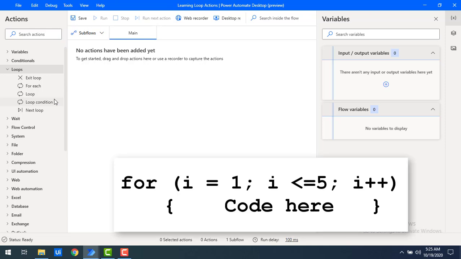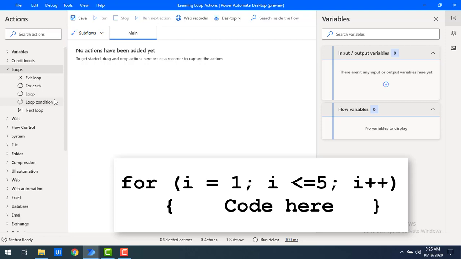If you see over here, I have some code which you may understand, but I'm just relating both of the things. Over here, if you see, for I equal to 1, I is less than or equal to 5, I plus plus. What does this mean? I'm going to initialize the value of I with 1, and then every time I'm going to check the condition I is less than or equal to 5. So for the first time I equal to 1, so 1 is less than or equal to 5. It's true. Then I'm going to increment the value by 1, that is I plus plus, so that if the condition is satisfied, the below code will execute.